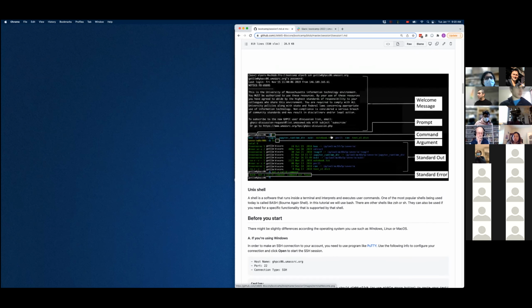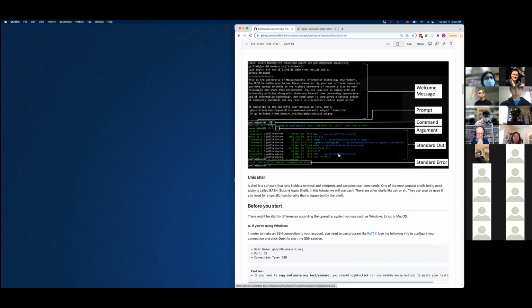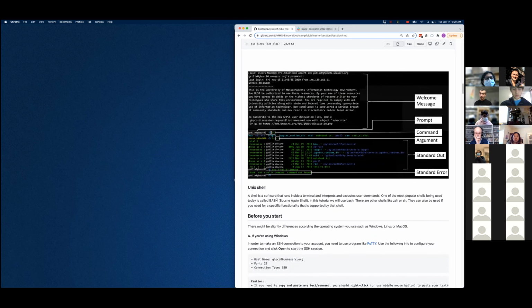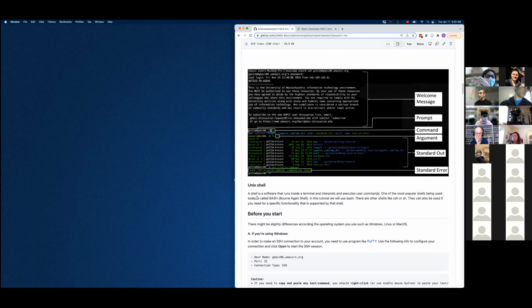So I will just skip this picture for a second and go to the shell. There's also another piece of software that works within the terminal, and it's called a shell. That basically takes in the text you are entering and interprets what it means for the computer.